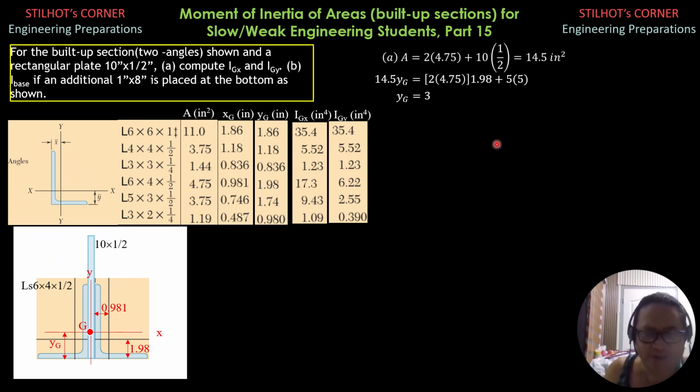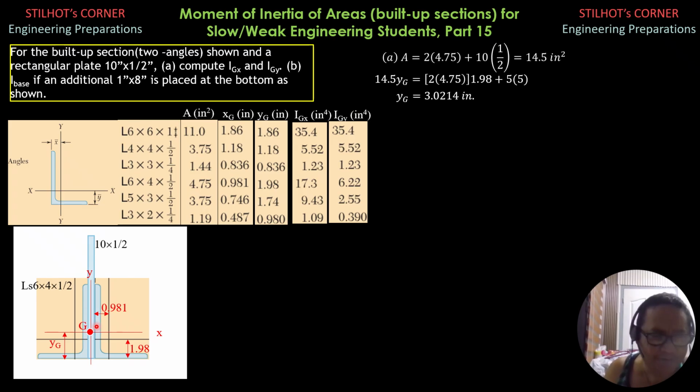So YG is equal to 3.0214 inches. Having located the new centroidal axis, the centroidal y-axis is by symmetry at the geometric center, so there's no need to worry about it. So let's transfer the centroidal moment of inertia of the two angles to this new centroidal x-axis and the moment of inertia with respect to the centroidal axis of this 10 by 1/2 inch plate to this new